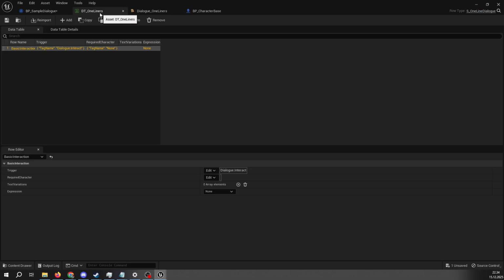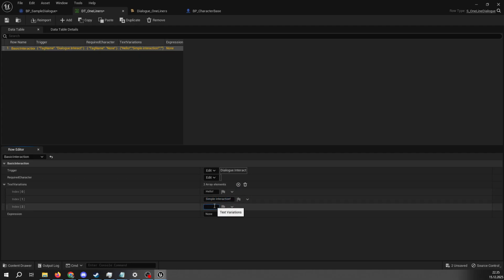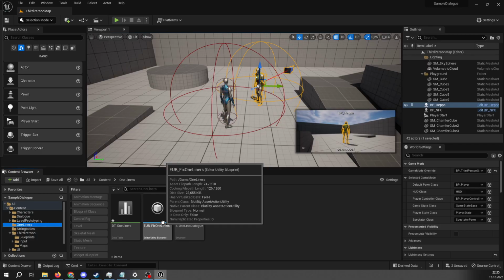A second thing I did was enable automatic string table usage also in data tables. And the way I did it is by having first text here, so hello, simple interaction, and something more here. And then I created this editor utility blueprint,